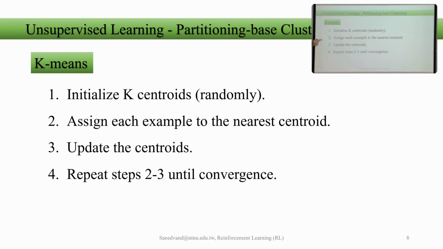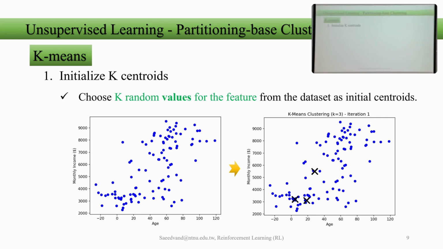Now, let's one by one see how that's happening visually. If my remote works. First step, initialize k-centroids. It means that choose k random values per each feature that you have. Here we have 2 features, or independent values, so this is x1, this is x2, only 2. You may have 100s of dimensions that we even cannot plot. Doesn't matter, we choose per each value 1 random value over there.